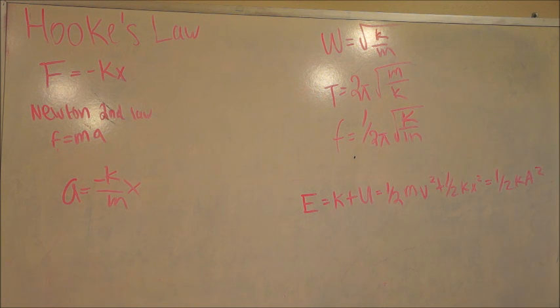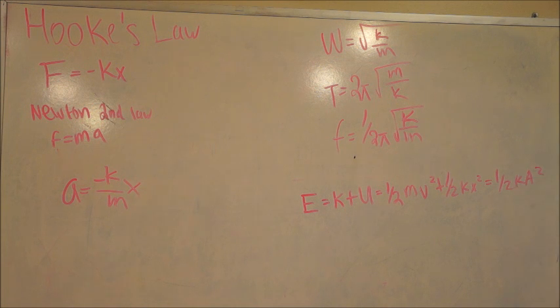However, if the spring is vertical, the force equation becomes kx minus mg equals ma to account for gravity. Sometimes it is useful to use energy to solve a problem. The potential energy of a spring is U equals 1/2 kx squared, and the total energy is the potential energy plus the kinetic energy, or E equals K plus U equals 1/2 mv squared plus 1/2 kx squared